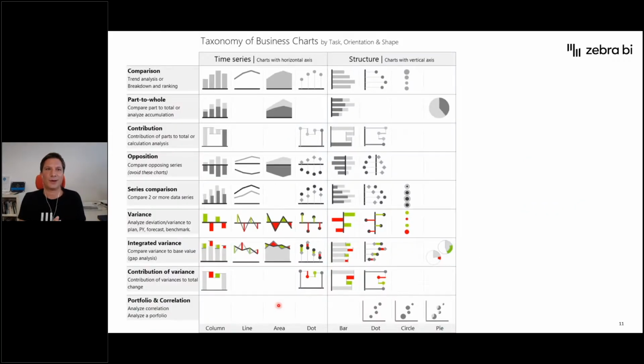All right, so what are those types of charts? Okay, I have prepared here a taxonomy of business charts. So I basically took all the charts that I believe are useful in business reporting, and just placed them into this table that is organized according to 3 criteria. Okay, the first one is,